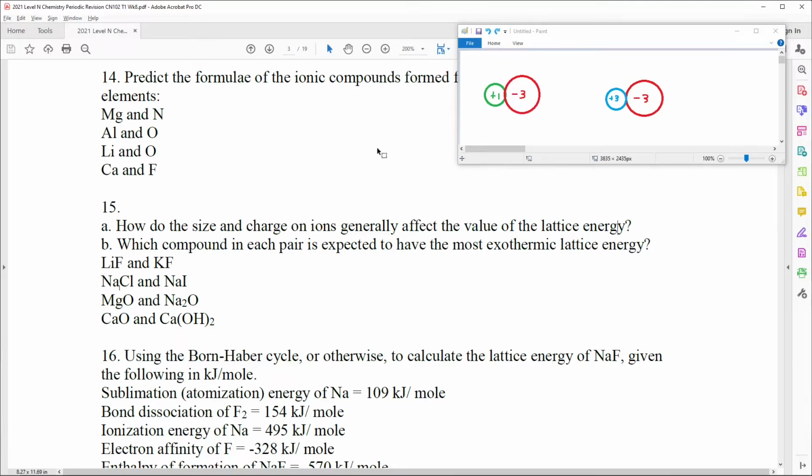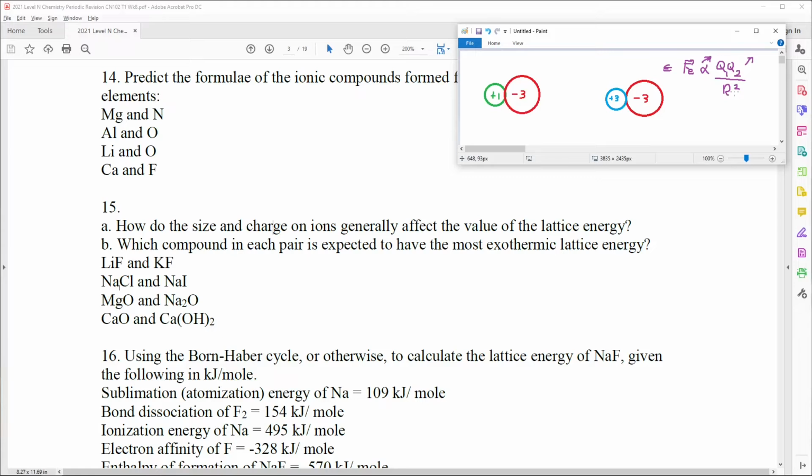So let's take examples of what the factors are. The factors are size and charge. You can use Coulomb's law to make the bridge between the lattice energy and the charge and the sizes. Coulomb's law says that the electric force is directly proportional to the product of the charges and inversely proportional to the distance between them. So in this case, the greater the charge, the stronger the force. Therefore, the stronger the bonds, the more energy released when you form them, because you need more energy to break them. So that same energy in reverse, you'll be getting more energy to form them,